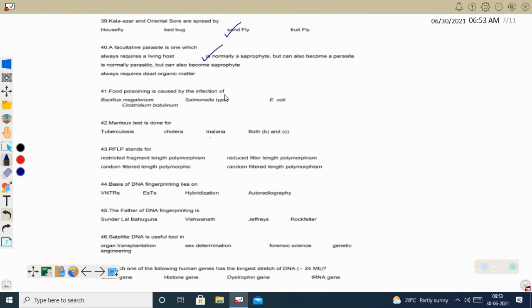Food poisoning is caused by Clostridium botulinum, which produces a toxin called botulin that will cause food poisoning. Salmonella typhi gives food infection, it is not food poisoning. Through contaminated food the Salmonella typhi enters our body. Salmonella typhi is not releasing any toxin, it is just making perforations in the wall of the intestine, and it is dangerous for us. But Clostridium botulinum secretes a toxin, and that toxin is harmful for us.